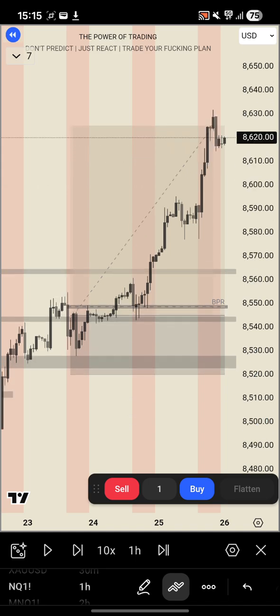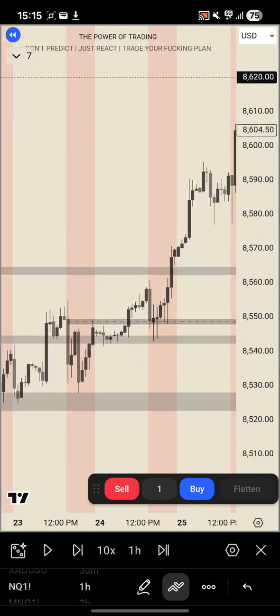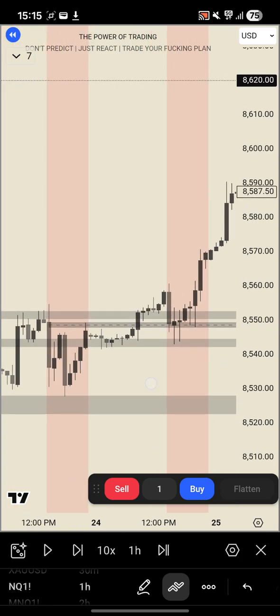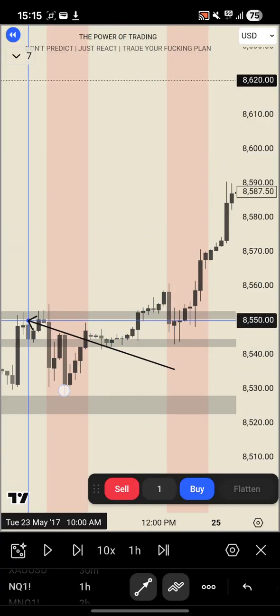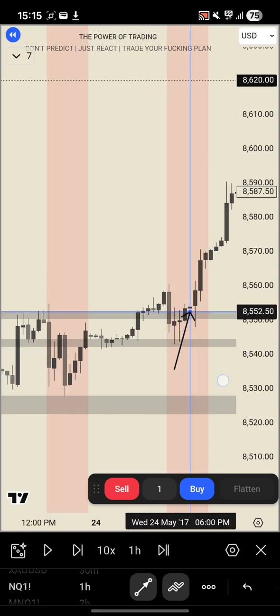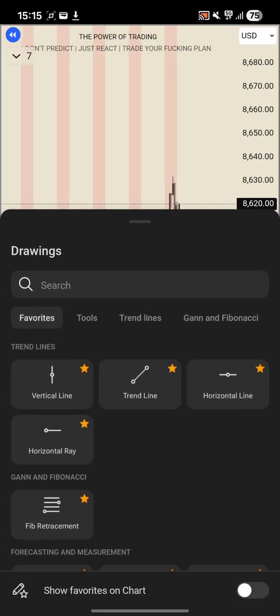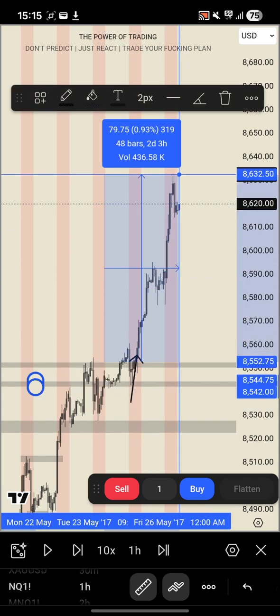You go for it again the next day, because now we've had even more indications to the upside. If we just move this here, look, what do we get? We get a break. We have a break above this area. Boom, now you can enter here. So now you can have your stop loss under here, and you've got another chance for buys. We're just following the trend. And then look how many points you managed to get if you were in a personal account or whatever. Even from this level, still 80 points. That's a good amount.